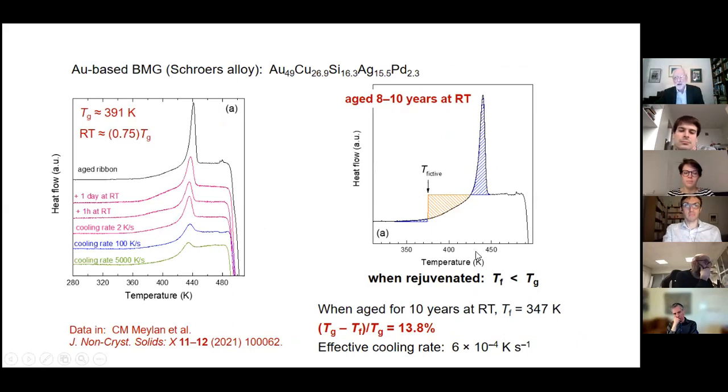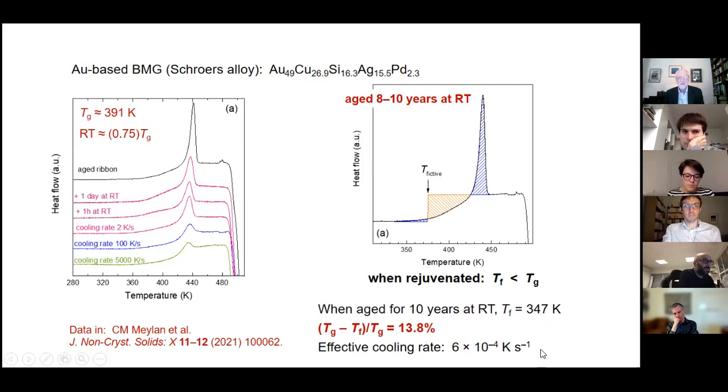And after 10 years, your fictive temperature is way lower than TG. And one way of thinking about that is describing a very highly relaxed state. And you could quantify that degree of relaxation as the difference between TG and the fictive temperature relative to TG. And it's about 14% in this case. So you've gone down by 14%. That would correspond to an effective cooling rate in this case of some 6 times 10 to the minus 4